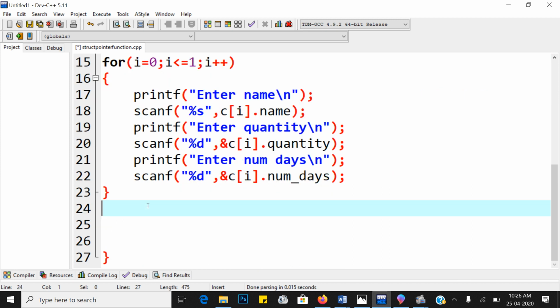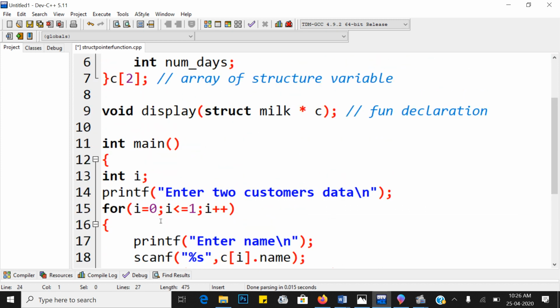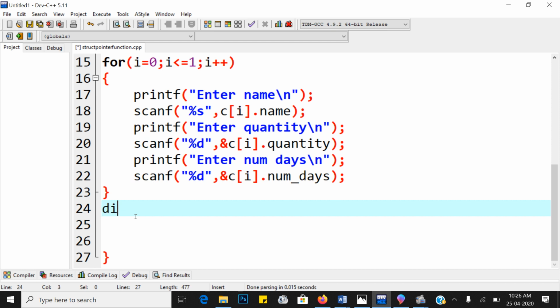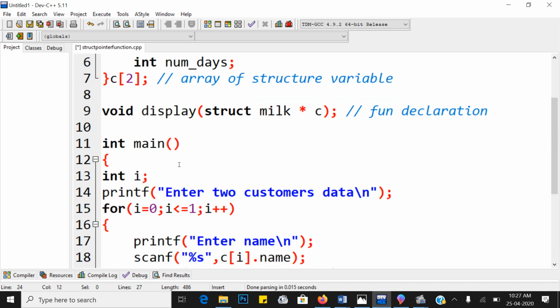Next, what do we have to do? We have to call the display function and pass that structure array. So call to the function display. And what do we have to pass? We have to pass C as a structure array, that is C of 2.